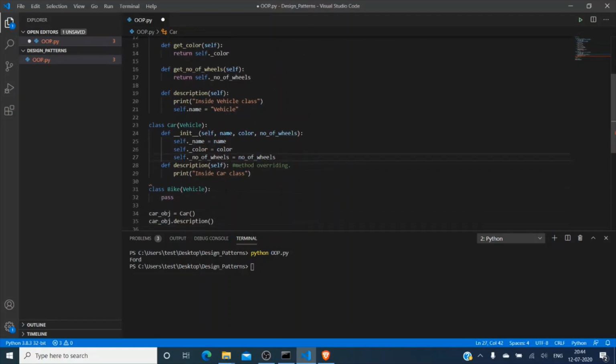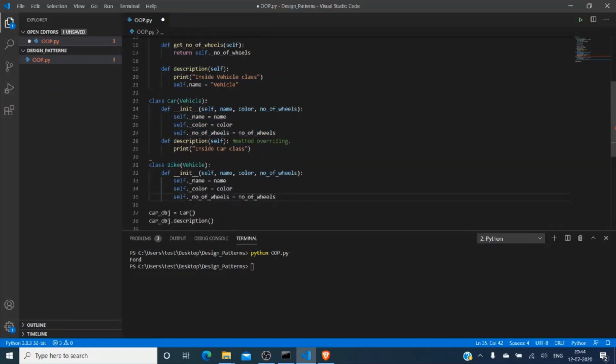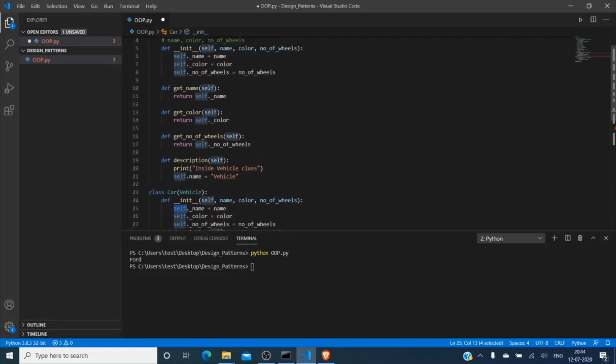And similarly here also, I can add a constructor and set all the attributes like name, color, and number of wheels for the bike class. But here you can see that the code is getting duplicated.